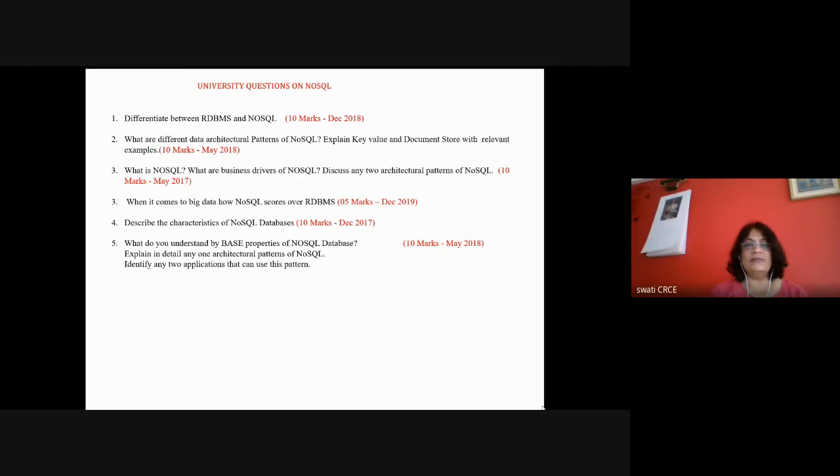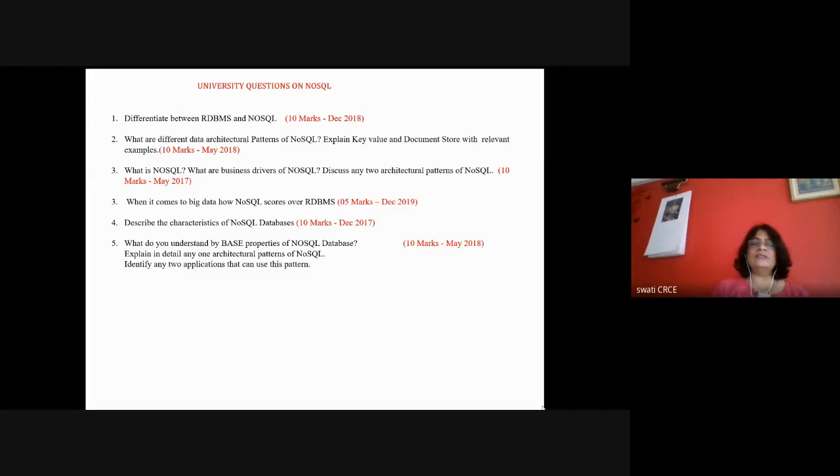Nowadays, in the real world, more than 200 NoSQL databases are available. So it's really a big job for a programmer to select which kind of database to use for his analytical application. But there are four main categories. So I have divided the syllabus of NoSQL into two parts. The first part is general information about NoSQL, its difference from RDBMS and the issues it handles, and the second part is about the case studies and the categories of NoSQL databases.